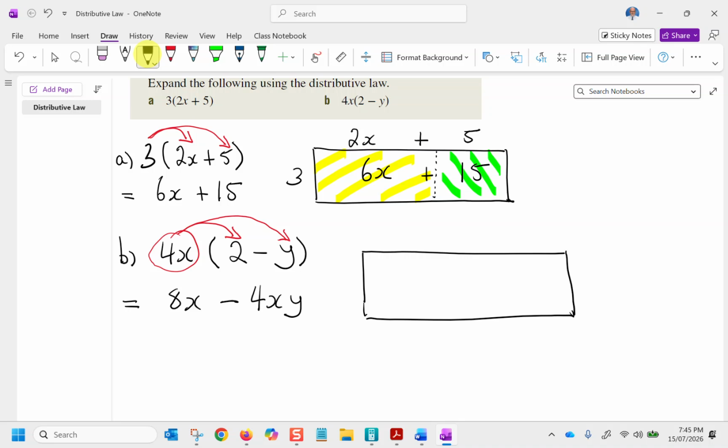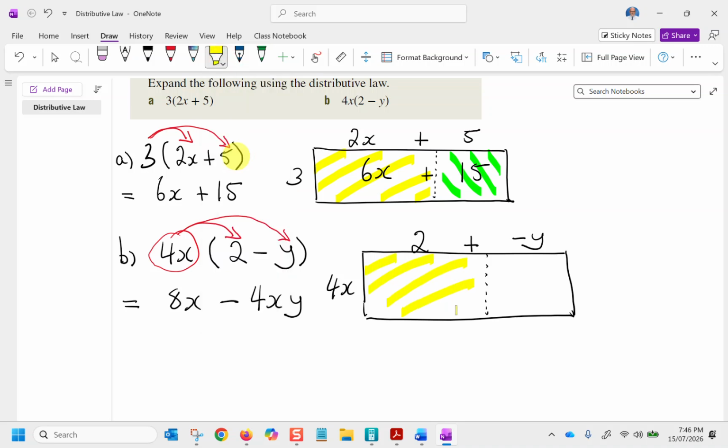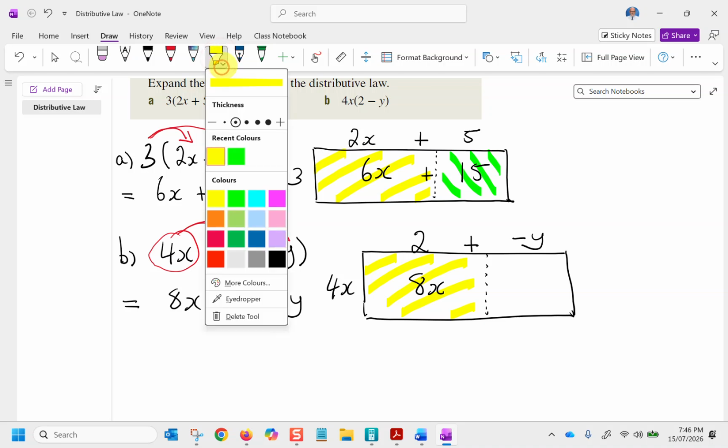The term at the front, the width of the rectangle, is 4x, and the length is 2. I'm going to imagine this as plus negative y. Remember, subtracting is the same as adding a negative. Divide that part there. The first section, 2 multiplied by 4x gives 8x. The second part,